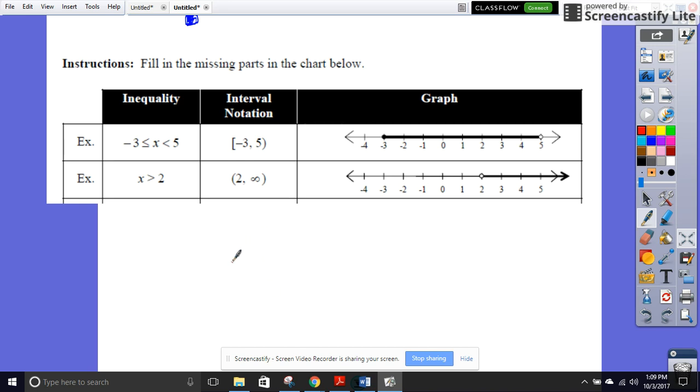Okay, so I am having to write on this piece of paper with a mouse. So you're going to have to be forgiving in terms of how my penmanship looks. But this is just a real quick lesson on introducing interval notation. You guys already know about inequality notation, so we're just going to be rewriting inequality notation